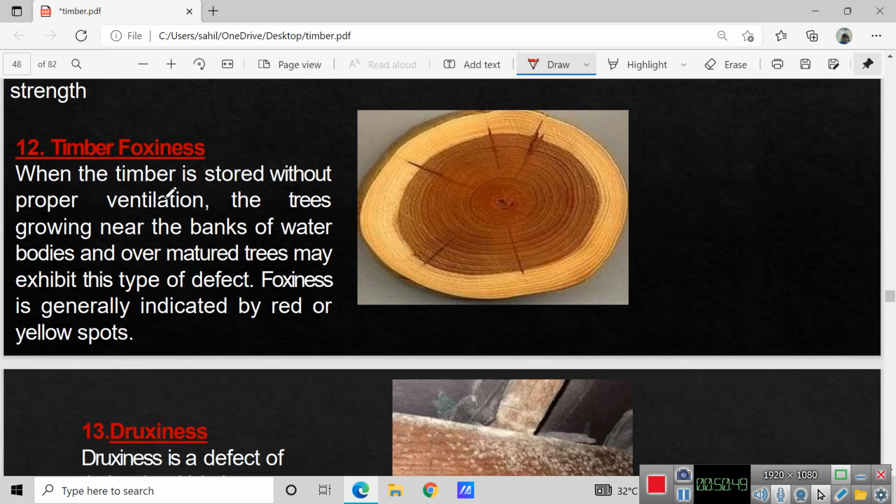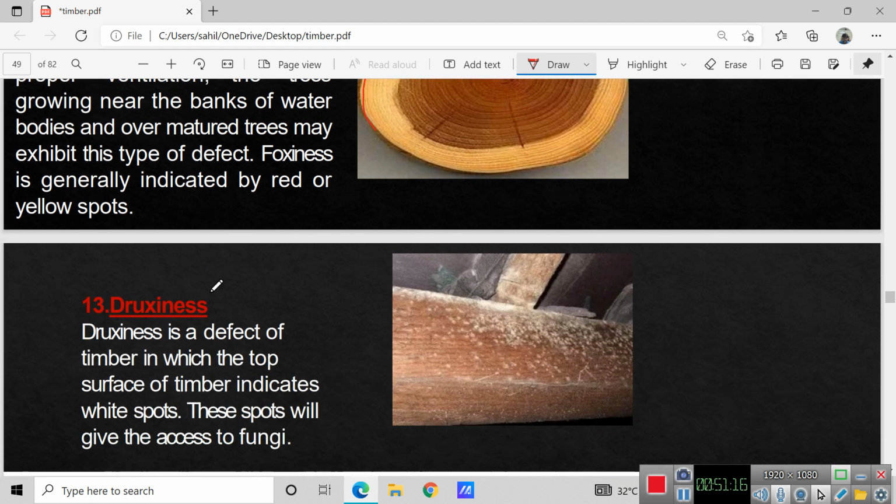Timber foxiness. When the timber is stored without proper ventilation, the trees growing near the banks of water bodies and over matured trees may exhibit this type of defect. Foxiness is generally indicated by red or yellow spots. Here you can see these yellow spots. It shows the timber foxiness, which is due to a lack of ventilation, or over matured trees can exhibit this kind